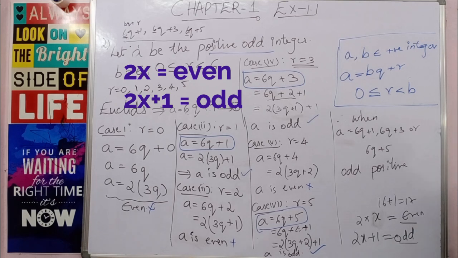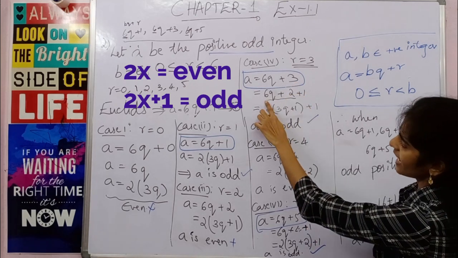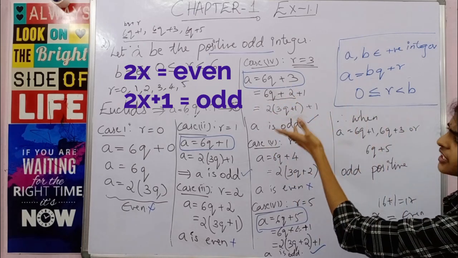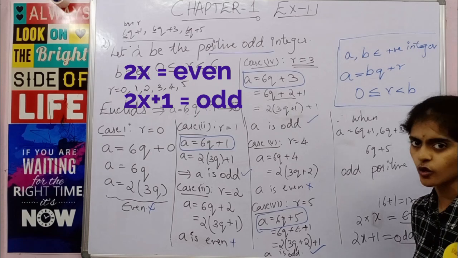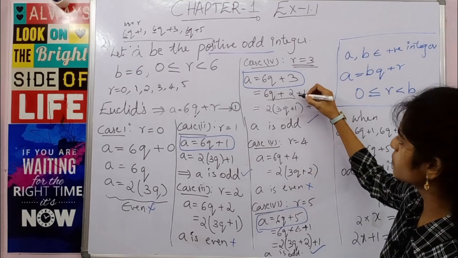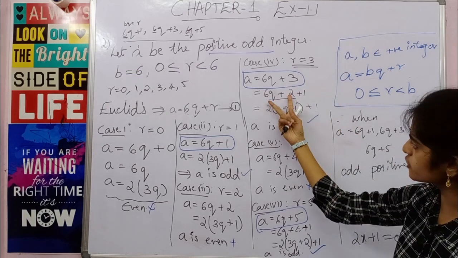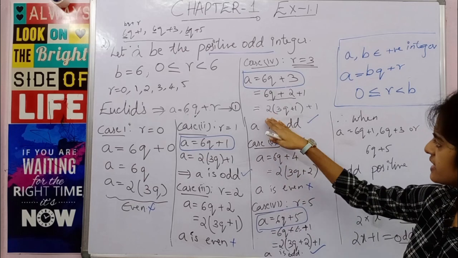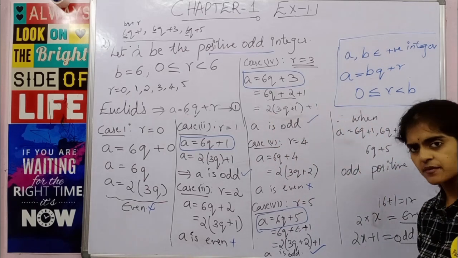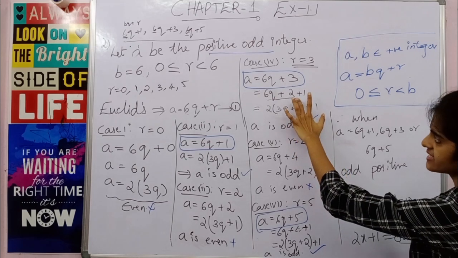The same concept you have used. Here you can take 3 as common, but taking 3 common will not give you anything. It will not tell you whether it is even or odd. Taking 2 will tell you whether the number is even or odd. That is the reason I have written it as 2 plus 1, and from these two I have taken 2 common. So now this is even plus 1, and even plus 1 gives you odd. Did you get my point now why I have taken this in this way?